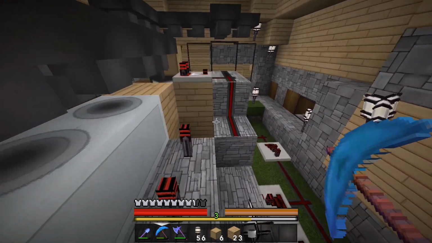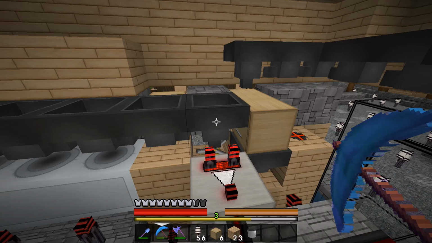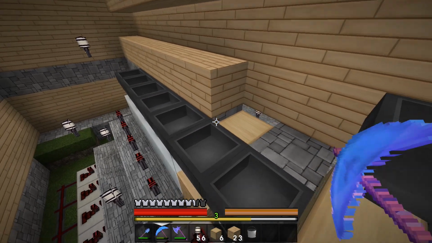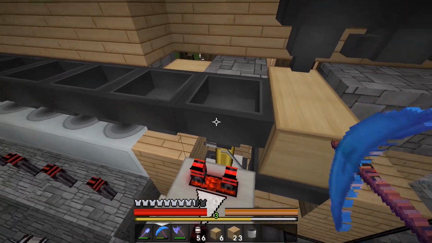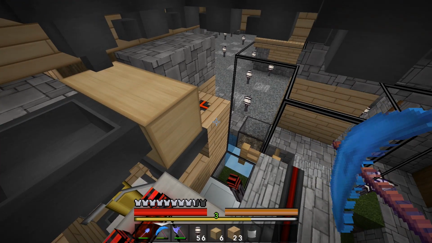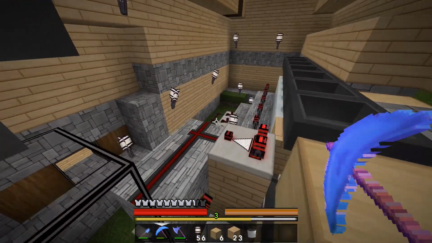Basically what happens is this thing's got 22 items in it. It took me a few minutes to figure it out. I had to jump start it at least once. You're always going to have one potion in the thing at one time. There's no way around it, because there's no way to jump start it before then. I mean, I guess I could probably build like a